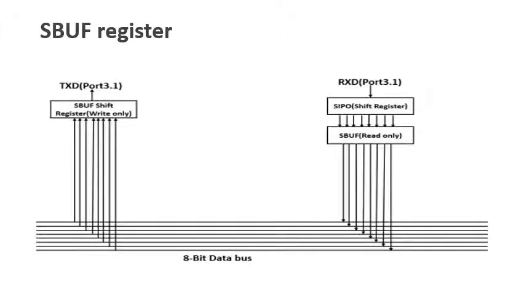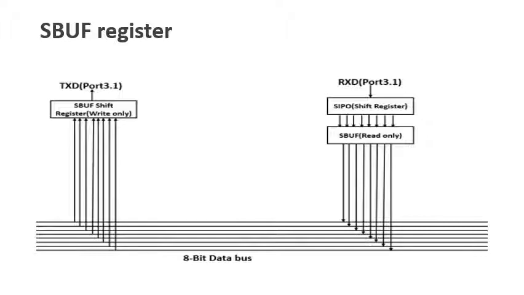Let us first discuss the SBUF register. The SBUF register is an 8-bit register which is used only for serial communication. The SBUF or serial buffer register is actually two registers and not one. Before transmitting or receiving, any data is placed in it. During transmission, start and stop bits are added to the data once it is placed in the serial buffer register, and then the data is transferred to the TXD pin, that is port 3.0.